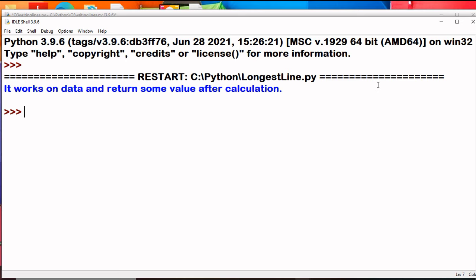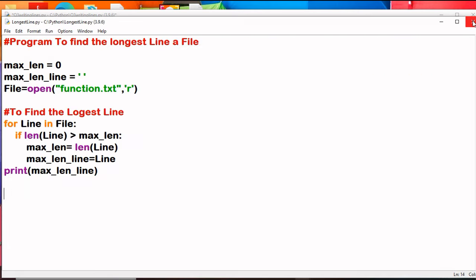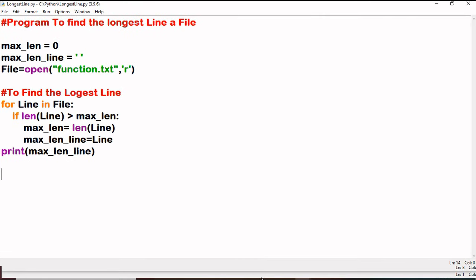So this is the demonstration of one program showing how to read the file contents line by line, check the maximum length, and find out the maximum length line. Now the next program is to find the